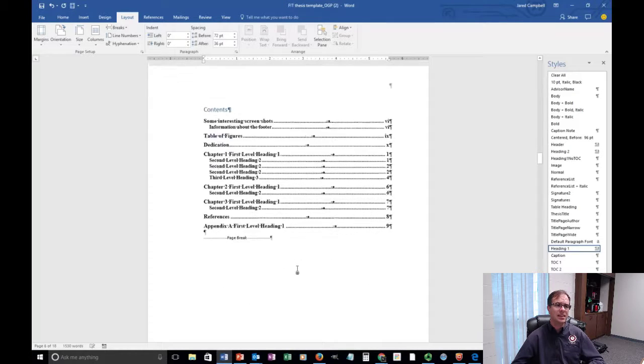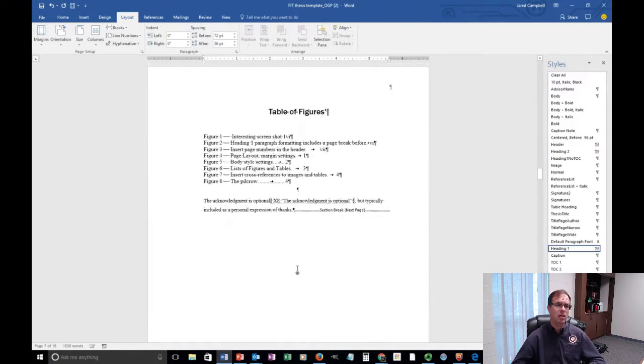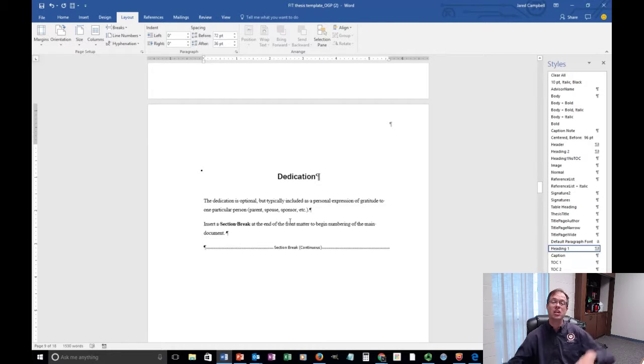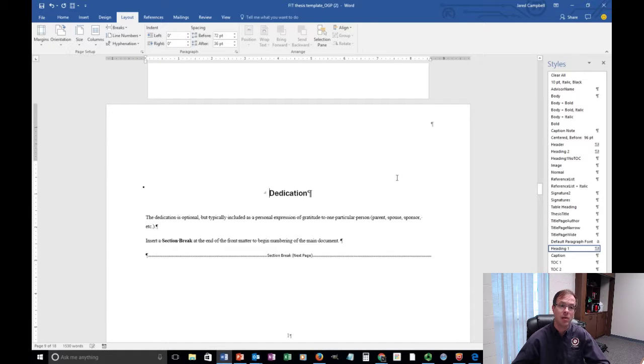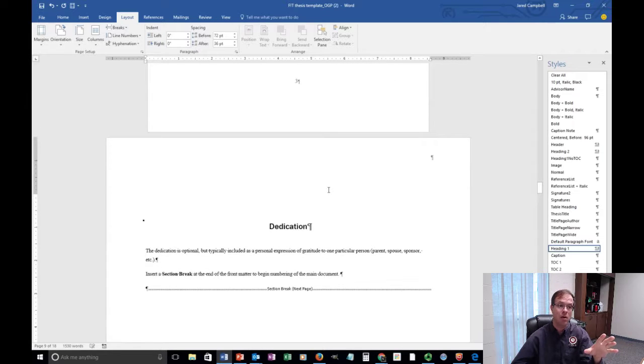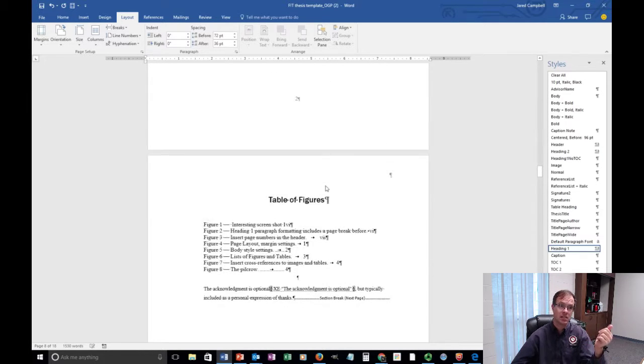All right, so now let's just say that this particular section, this dedication, I wish it to be landscape instead. So what I do is I click on the body of the section that's in between the two section breaks that I put in there. And I'm going to click on orientation here. This is in the layout section in Word. Click on orientation and I go to landscape. Now look what happened. Only the item that's in between the two section breaks is now